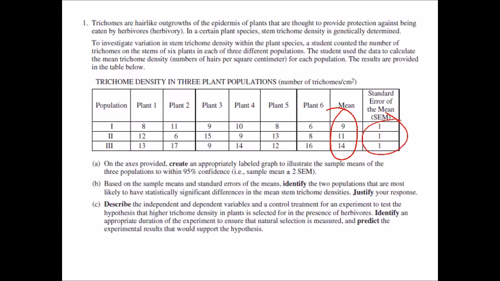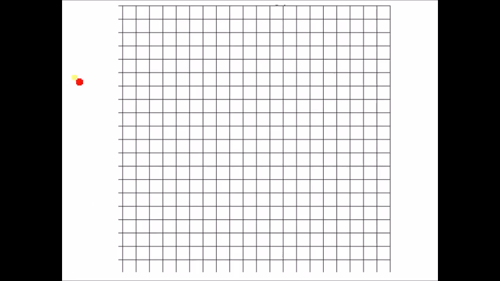So first of all, it says on the axis provided, create an appropriately labeled graph to illustrate the sample means of the three populations. So let's go to a piece of graph paper. What we're graphing again are the population against the number of trichomes per square centimeter. So here we're going to put number of trichomes per centimeter square. And down here, this is going to be population